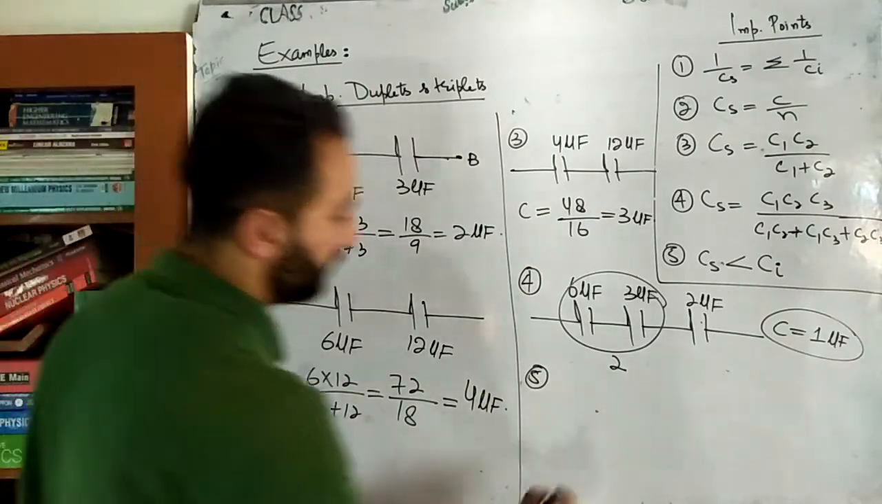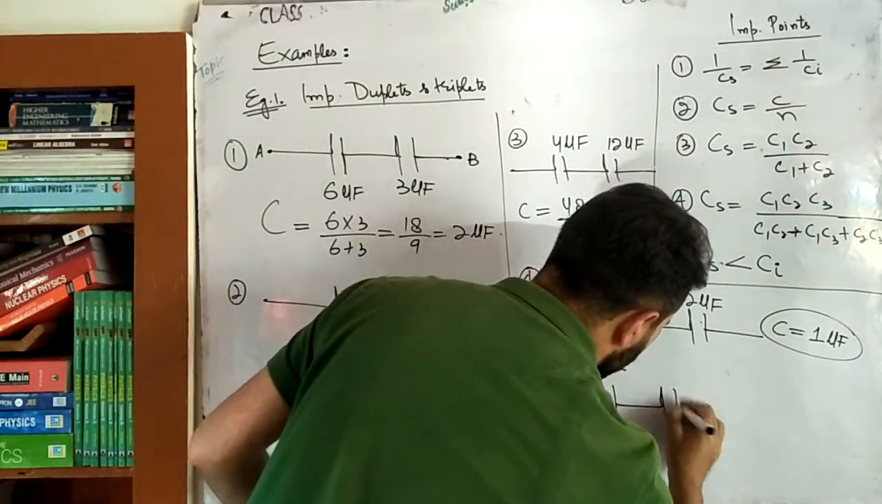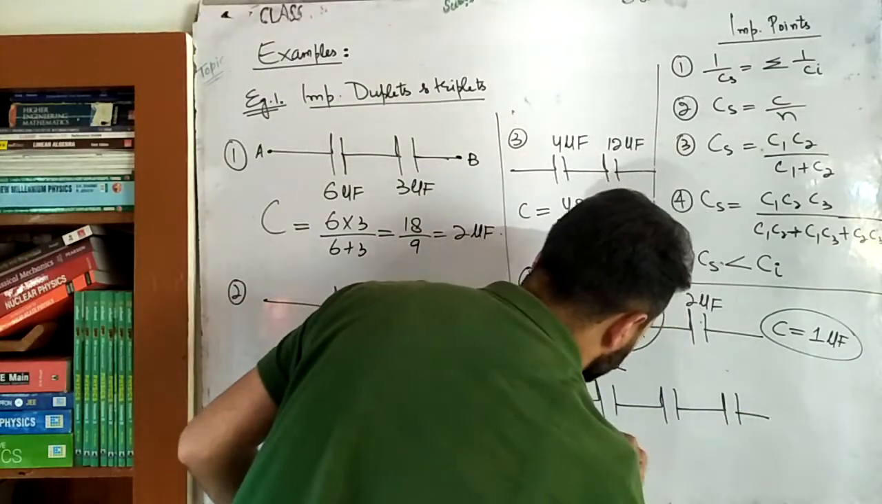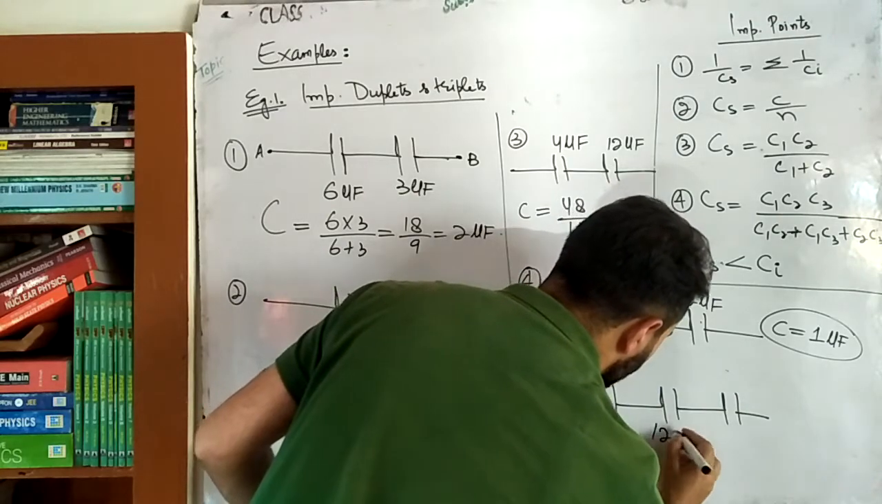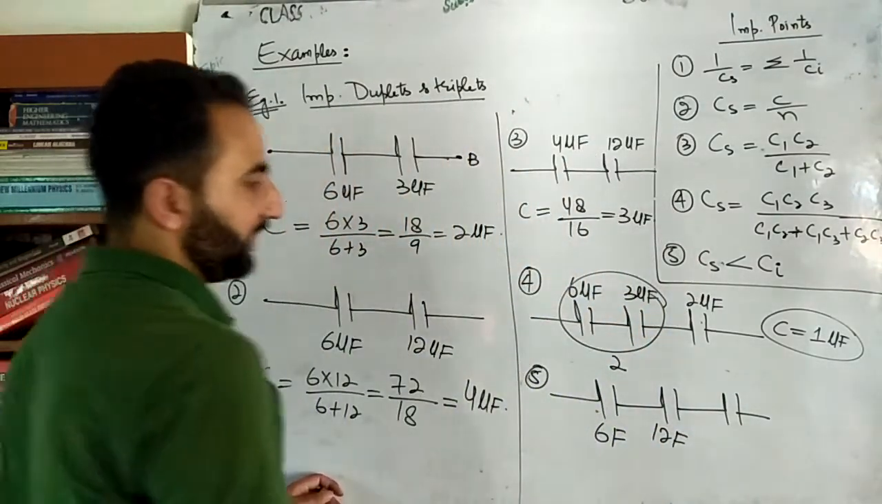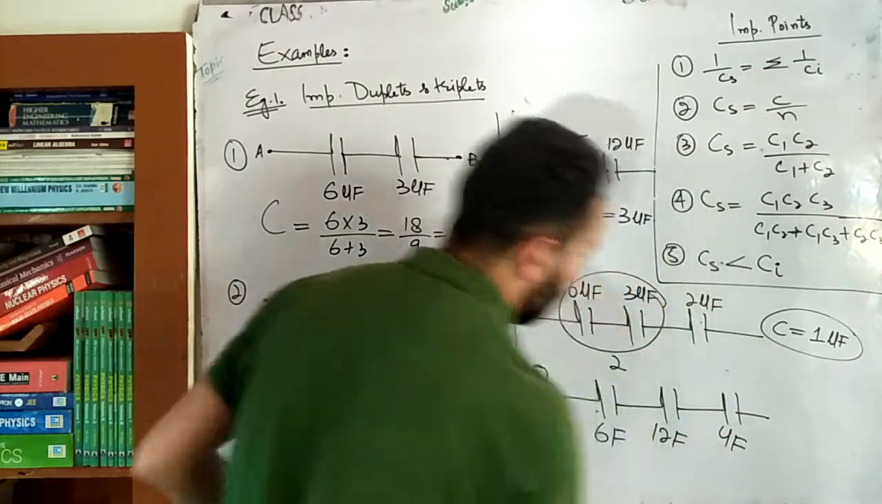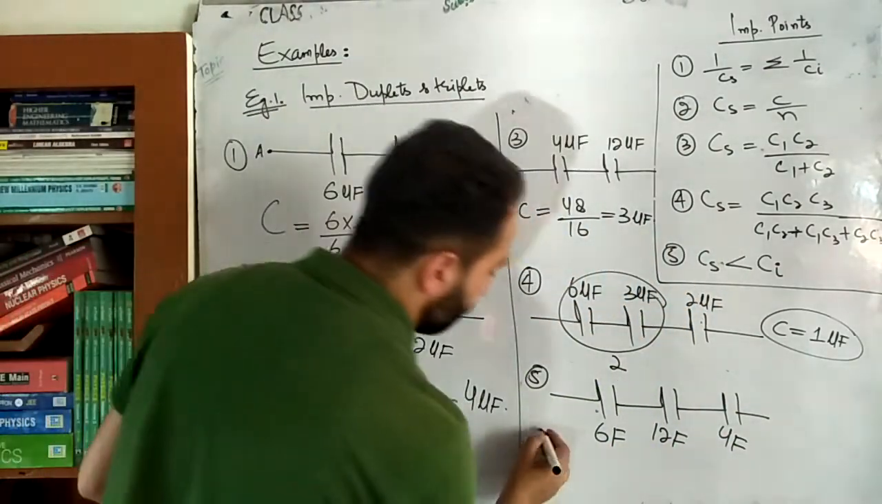Suppose that here we'll do an example on this. Here one capacitor, another capacitor, another capacitor. This here 6 farad, this here 12 farad, and suppose this here 4 farad. Okay, now the question is calculate the equivalent capacitance. So C will be equal to